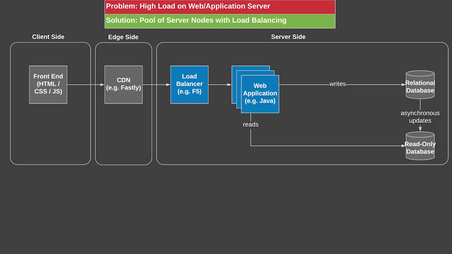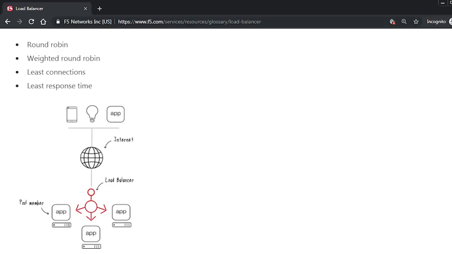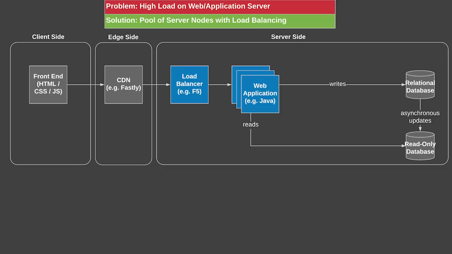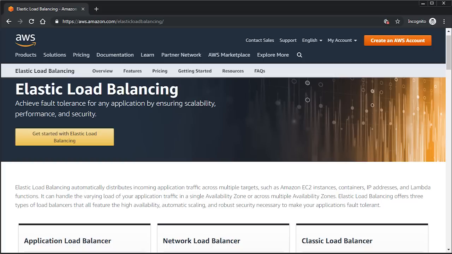And the solution for that is to have multiple web servers running your applications, and the traffic will need to go to those web servers using a load balancer. So that could be a BIG-IP load balancer, or if you're using a cloud solution like AWS, it could be an Elastic Load Balancer, an application load balancer that you sit in front of that.